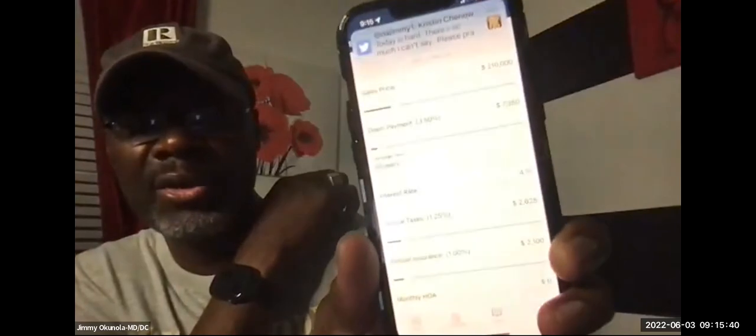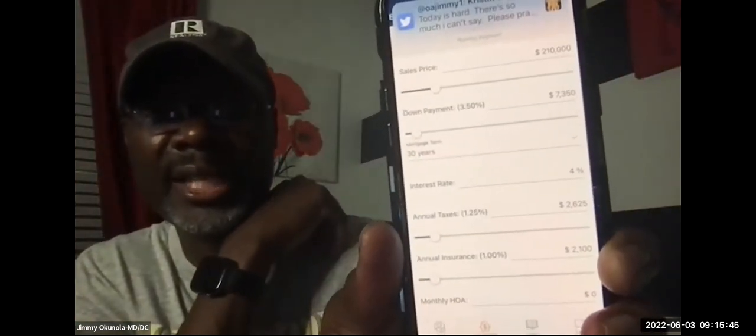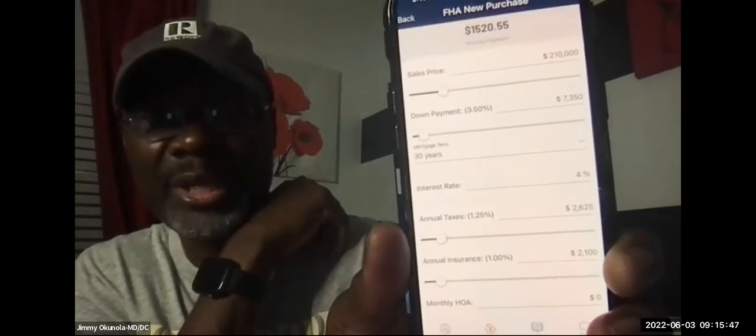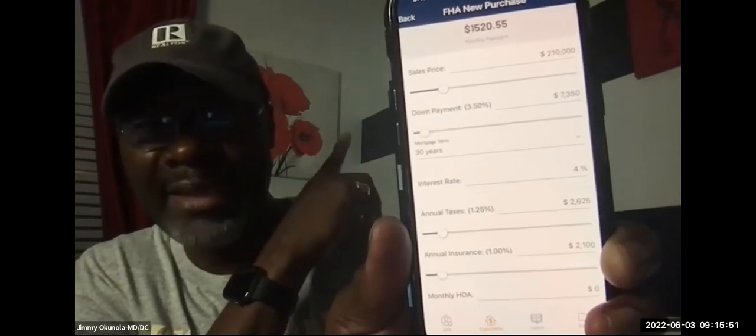Okay, for my client to be paying $1,520, they need to be financing $210,000. But this is where the conversation shifts, right? And that's putting down 3.5%. So the next question is this: how much money, if they're doing the 3.5%, do they have the 3.5% to